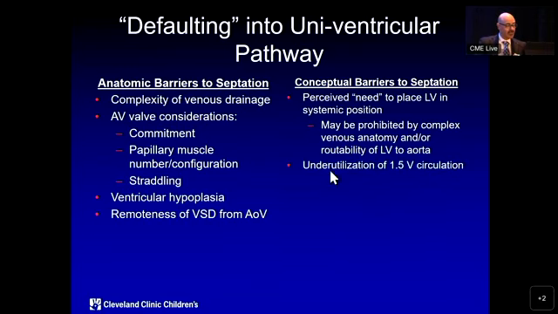I also think that many times we underutilize the 1.5 ventricle circulation. There is obviously controversy whether that can help in the long term and give advantages over the Fontan circulation because of the murky data about the benefits of 1.5 ventricle circulation. But we do think that 1.5 ventricle circulation in well-selected patients will have long-term advantages because you do have two pumps, you do have the ability to increase your cardiac output with exercise, and as some of the cases that Dr. Nejm showed yesterday, when you go from the Fontan to 1.5 ventricle circulation, you decrease your central venous pressure